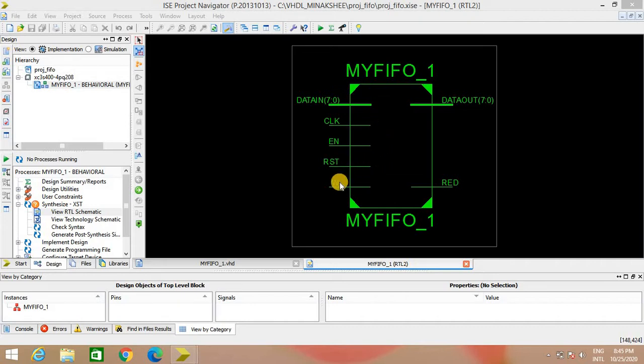When W is equal to 0, we will perform read operation, and during read operation, data from the memory will be given to the output data bus. All these operations will be carried out at the positive edge of the clock. Now, there are two types of warnings that we can get while performing the operations, and those warnings are memory full or memory empty. Both the warnings are given with the help of read signal. So read will be the output signal.